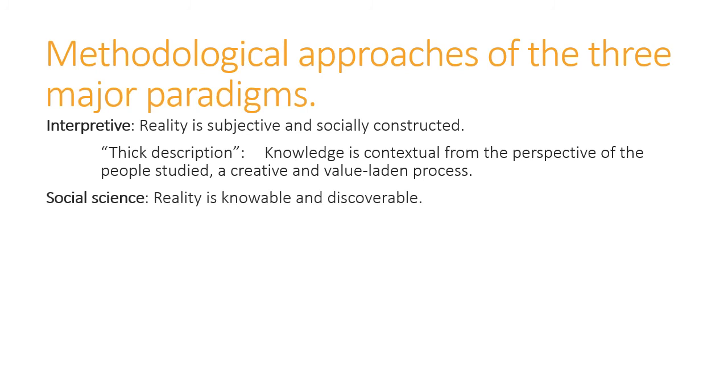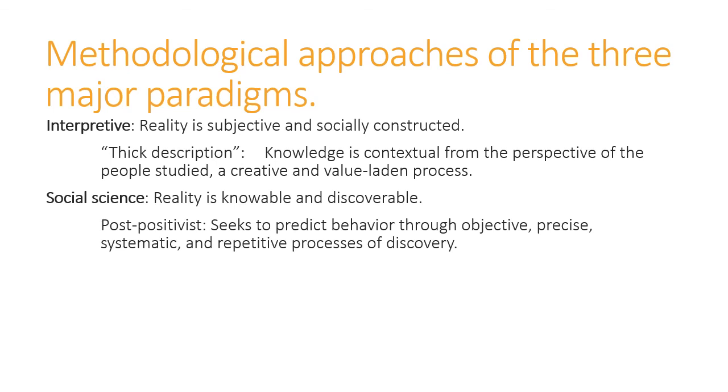Social science, on the other hand, is assuming at a fundamental level that reality is knowable and discoverable, and that is the goal, to try and know and discover things about reality in the social sciences. Even if we can't know things to be absolutely true, that doesn't mean we shouldn't try to approximate the truth. And that is the fundamental assumption about social science. In statistics,